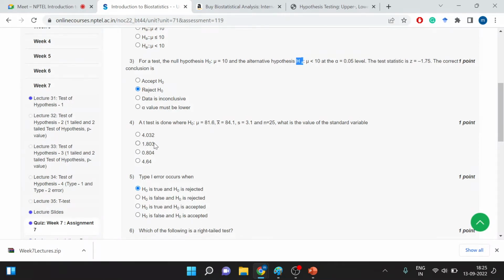So the next question is that a t-test is done where your null hypothesis is 81, the mean is 81, and the mean of your sample is 84.1. The standard deviation is 3.1, and the sample size is 25. What is the value of the standard variable? By standard variable, they mean the z statistic. So how you calculate that is